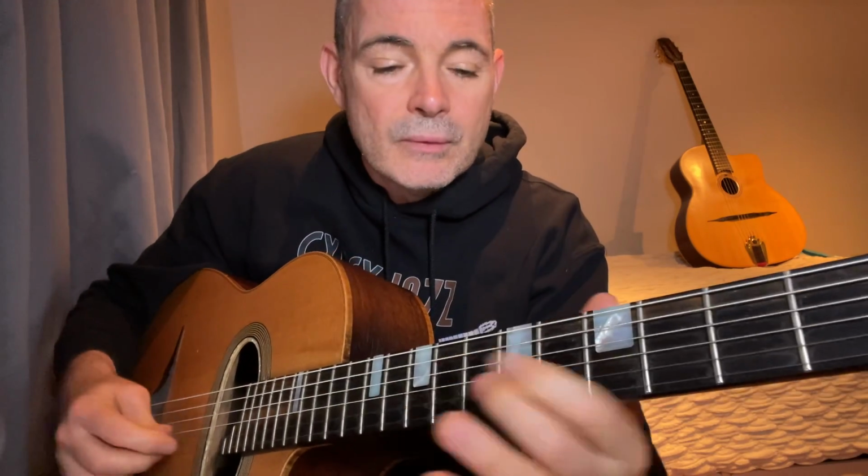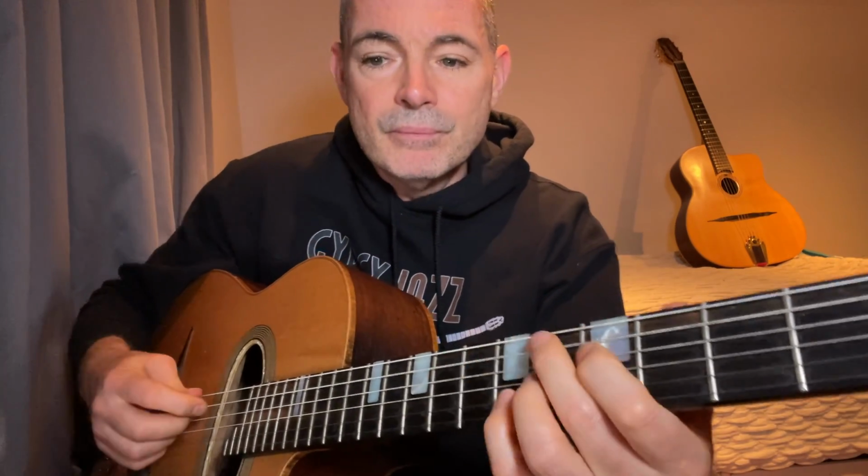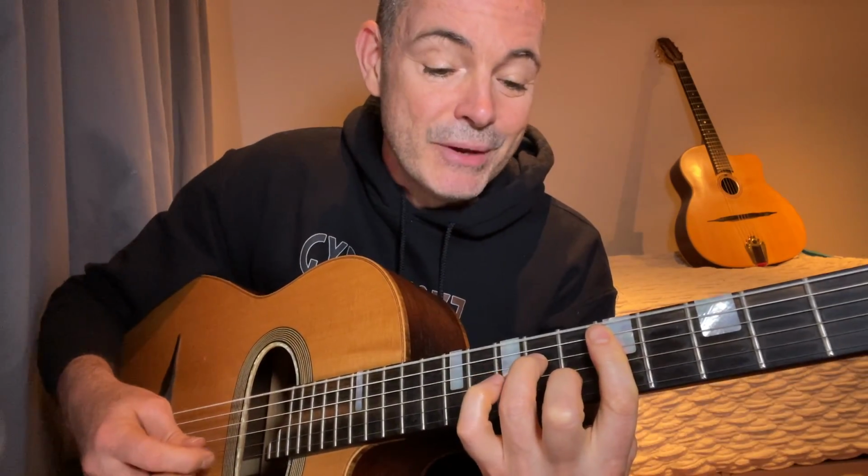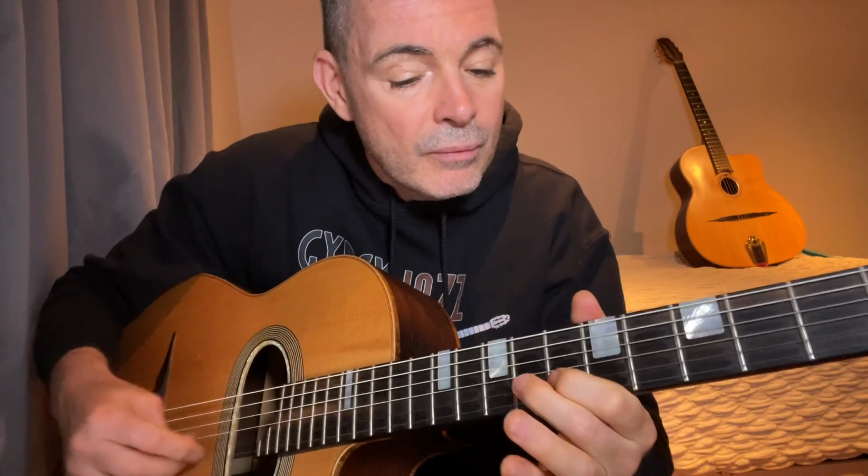Here we go. So for the second 2-5-1, this is from my solo, what's happening here, we've got the E minor 7, and we're bending up to that A note on the E minor 7. Right, so E minor, right? When it goes to the A7, a really cool note to play is